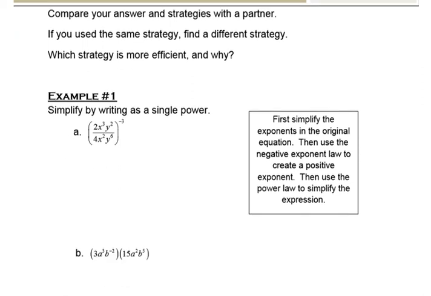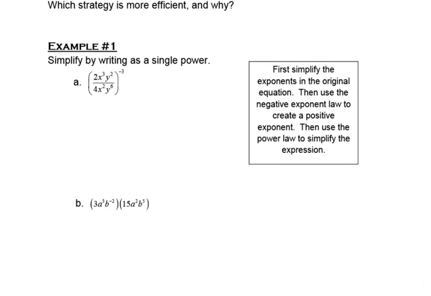Looking at A. First thing, deal with that negative exponent on the outside. It really helps because otherwise people tend to forget it. So we're going to deal with that negative that's out there. Flip the fraction, 4x squared y to the 6 over 2x cubed y squared to the positive 3. Now from here, let's simplify within. So deal with the negative exponent outside first, then simplify inside,